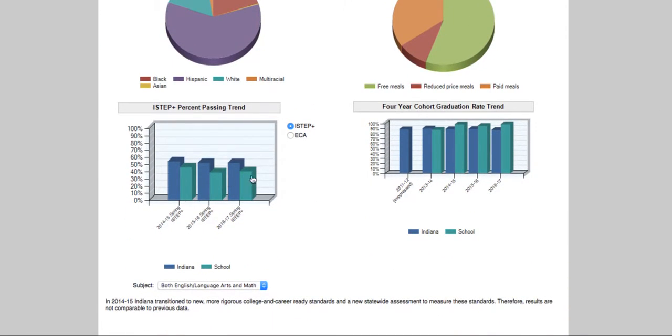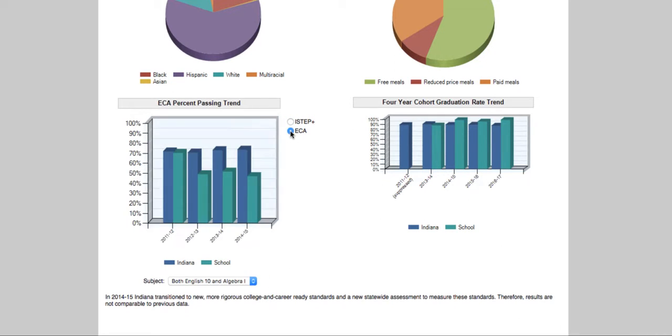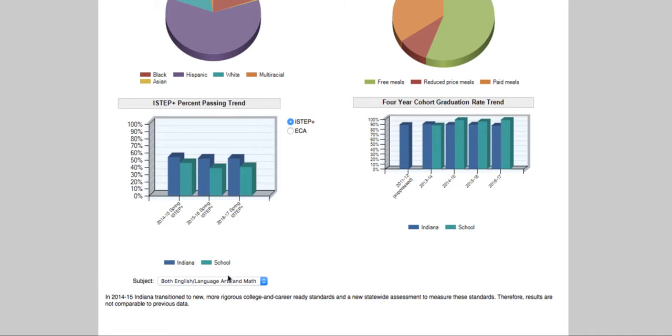You can also see their I-STEP scores, and you can see where they're going. Now, this is a high school, so you see things a little differently. I'll show you an elementary school in a minute, but this is a high school, so you'll be able to see their ECAs as well as I-STEP scores in all the different areas where they've taken those tests and have adequate information. So they've been going for 6 years now, so they have enough data you can explore a little ways back. So you can see, let's stick with I-STEP. You can see that they're